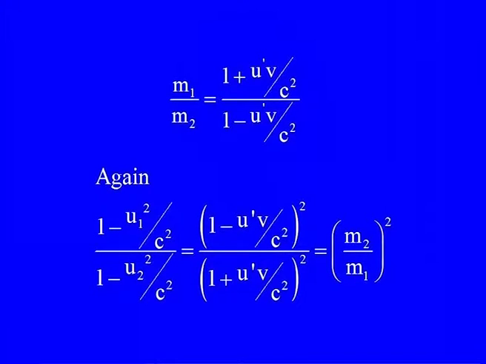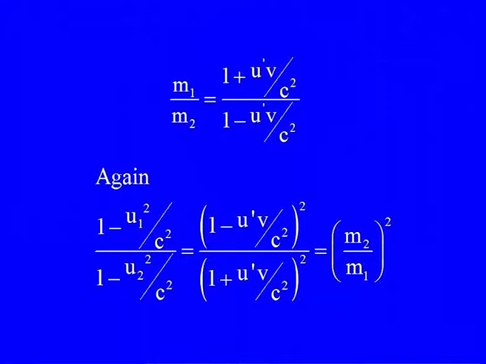Okay, so what I have done is that now what will be m1 plus m2 in terms of all the quantities in the prime frame. Okay, so it's 1 plus u prime v by c square divided by 1 minus u prime v by c square. Again, what we do is that, okay, so we have derived up to the expression at the top of